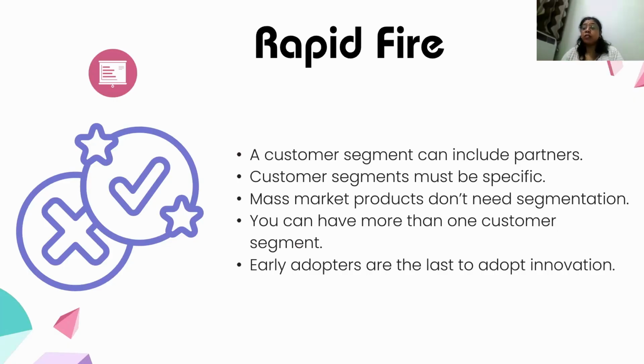Exactly. It's false. We have Apple craze people, right? There are people who actually wait for when Apple will do their new launch. I'll be the first person to buy it. We have people like them. So early adopters are usually very enthusiastic and excited people who want to adopt new innovations. They are not afraid of change. They'll go to different places to try out new things. So early adopters are people like them, right?